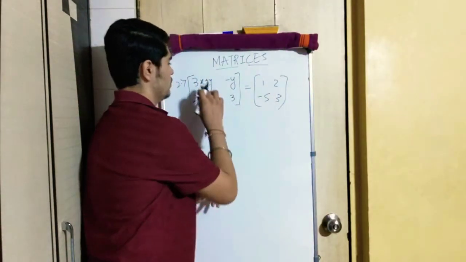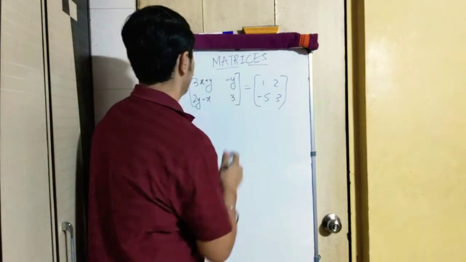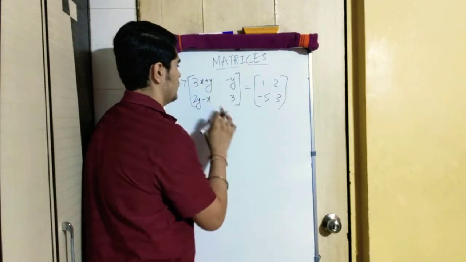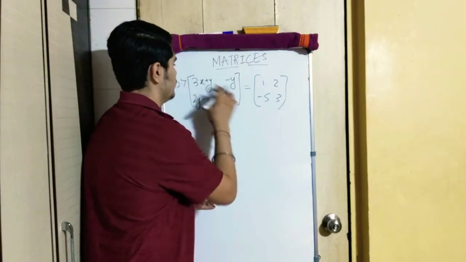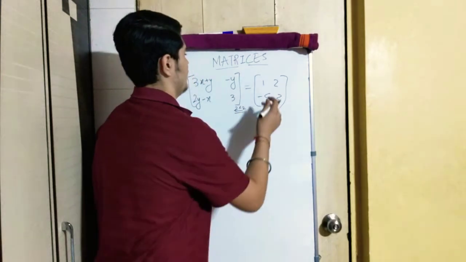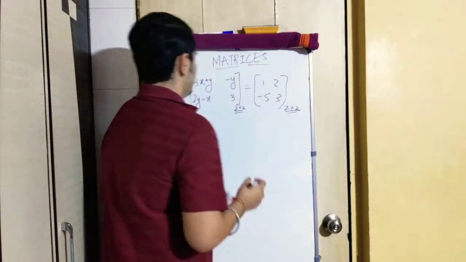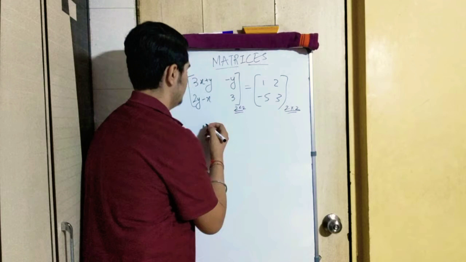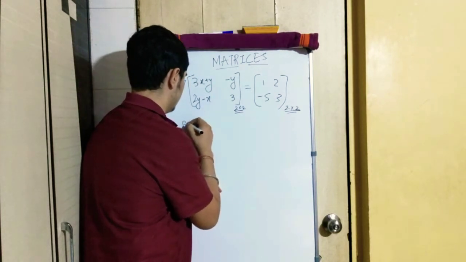So again telling you, plus does not make any sense. It's just given as a single term. These two are not different terms, it is a single term. So here we are given 1, 2, 3, 4 elements. So 2 into 2. So this is a 2 into 2 matrix. First we are matching the order of the matrix. So here is 2 into 2. This is also 2 into 2. So both are 2 into 2. So we can proceed by comparing both the matrices.